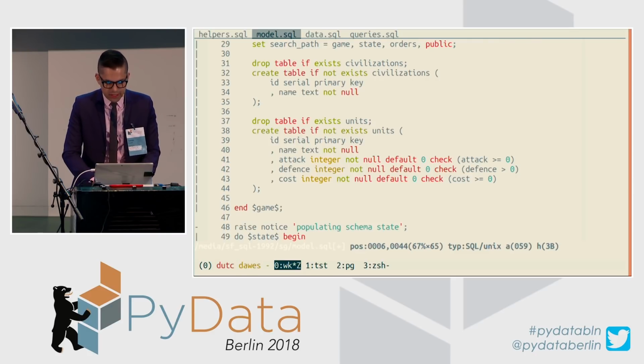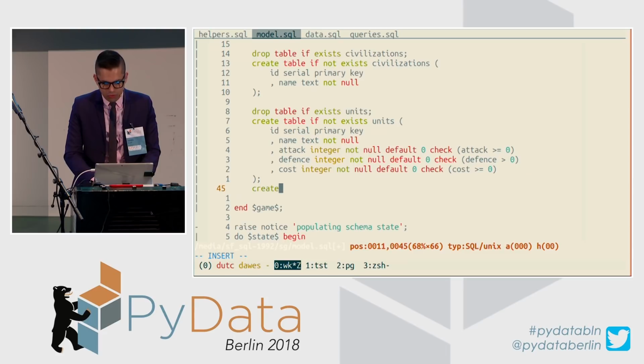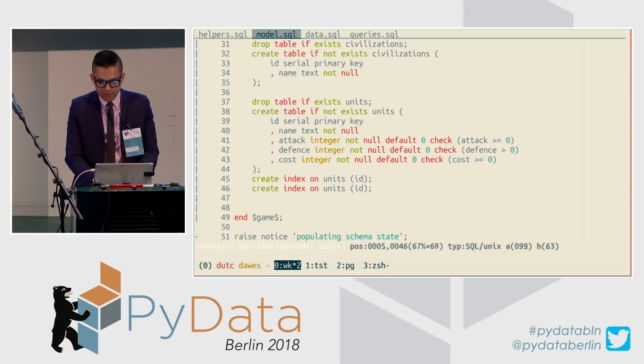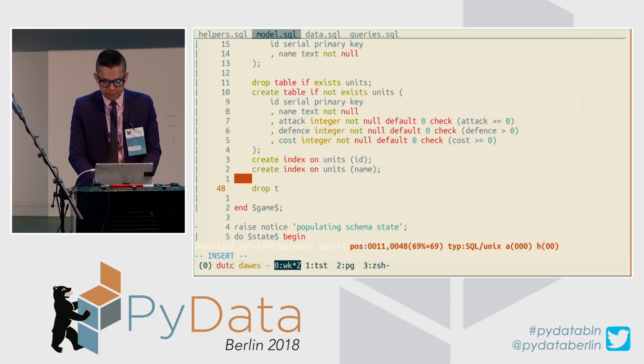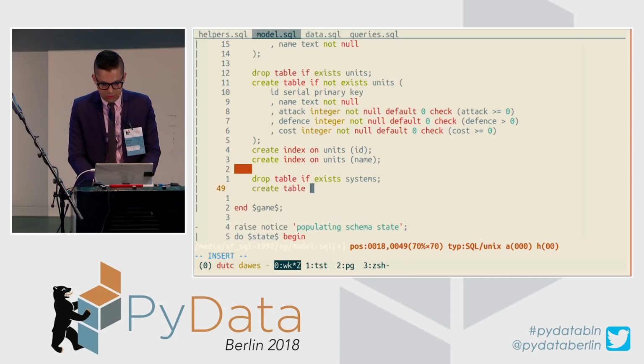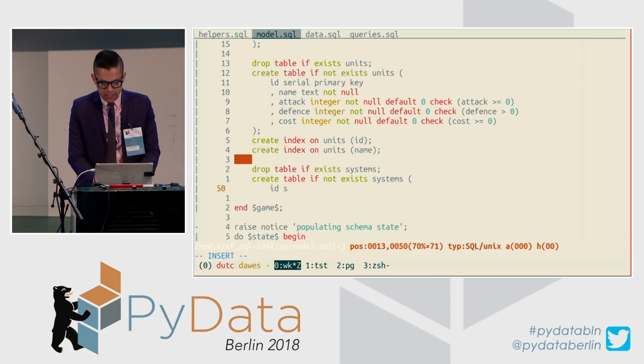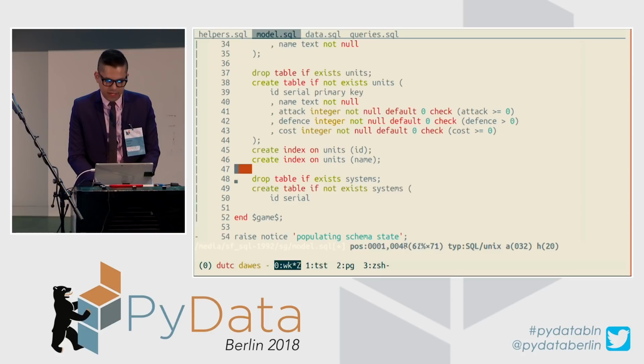Now, we can do things on this like create indices. We won't really do that for this talk. It'll take up too much of the very little time that we have left, but you can think we can create indices. Now, the other thing that we might want to do is create the units on the board, and we'll call them solar systems. So create table if not exists systems. And again, it looks very similar to before. In fact, they all have about the same fields.